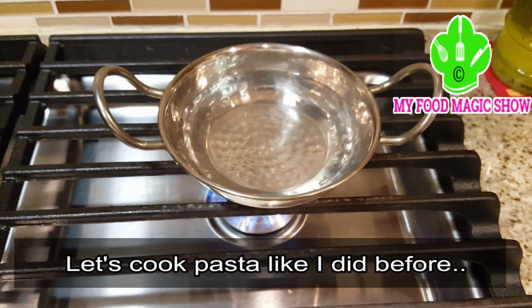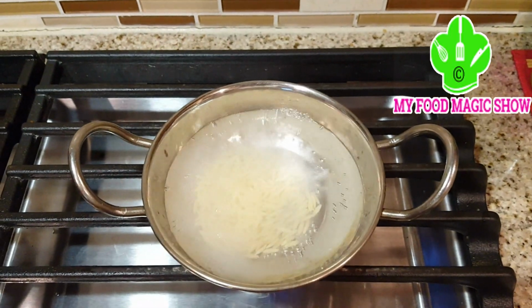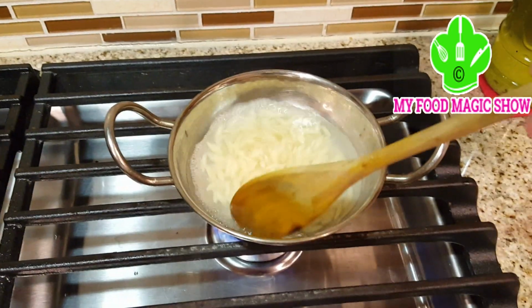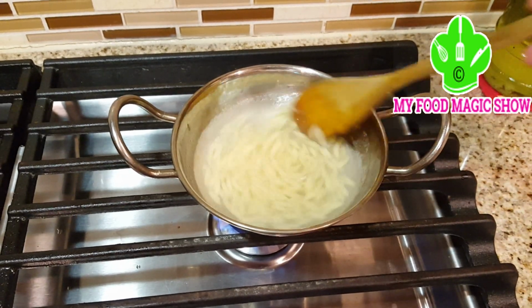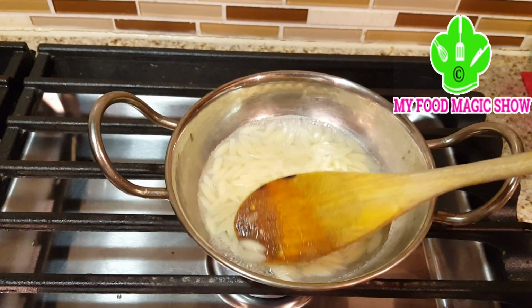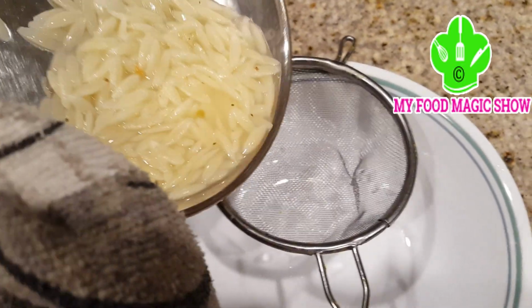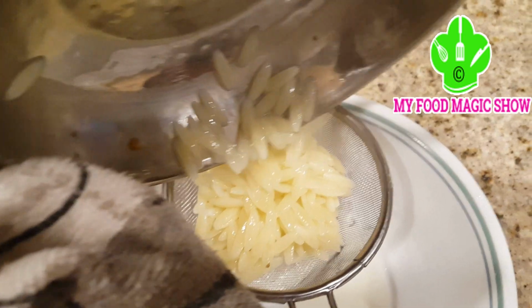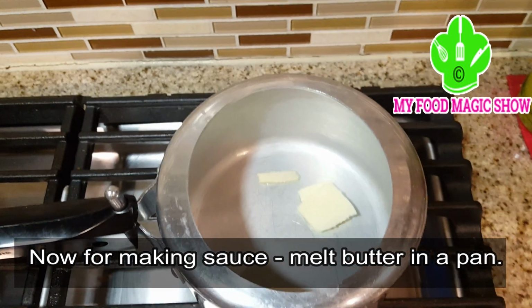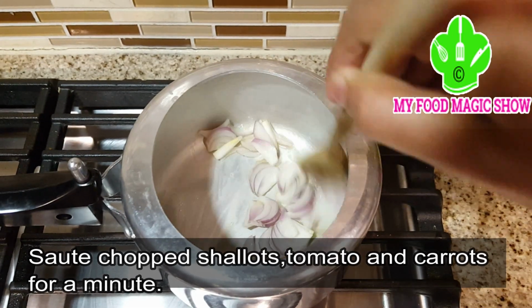So first I'm going to cook pasta like I did before. So parallelly, for making the chicken tomato sauce, I'm going to melt butter in a pressure cooker,